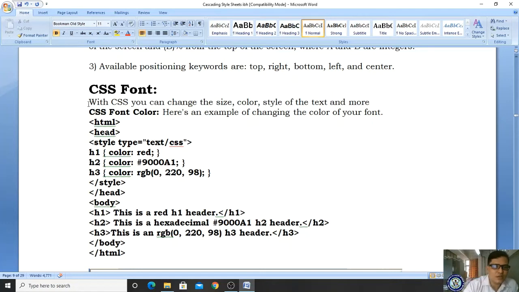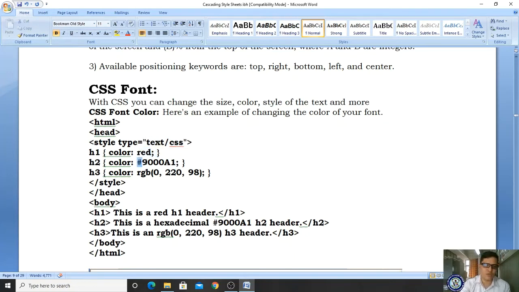Got it? Now in this program, wherever the content of HTML starts in the body tag, wherever the content is specified, you are applying different colors. So wherever the heading 1 tag appears, you are applying the color red.